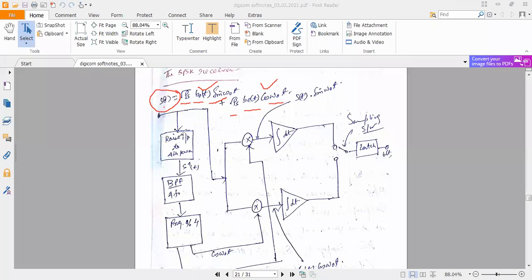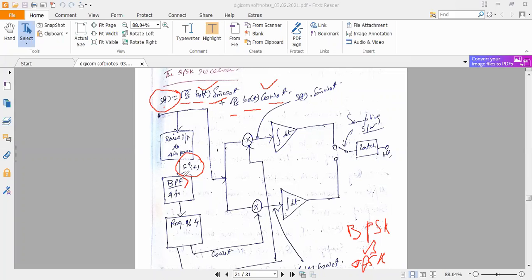Now in the case of BPSK, what was the first step? Squaring the incoming signal. Because there we sent 0 and 1, but here there are 4 possible combinations, therefore raise the input to the fourth power, so it becomes S to the power 4. There it was A squared, here it becomes S to the power 4. Just compare with BPSK, then it will be very much simple. Compare BPSK versus QPSK.